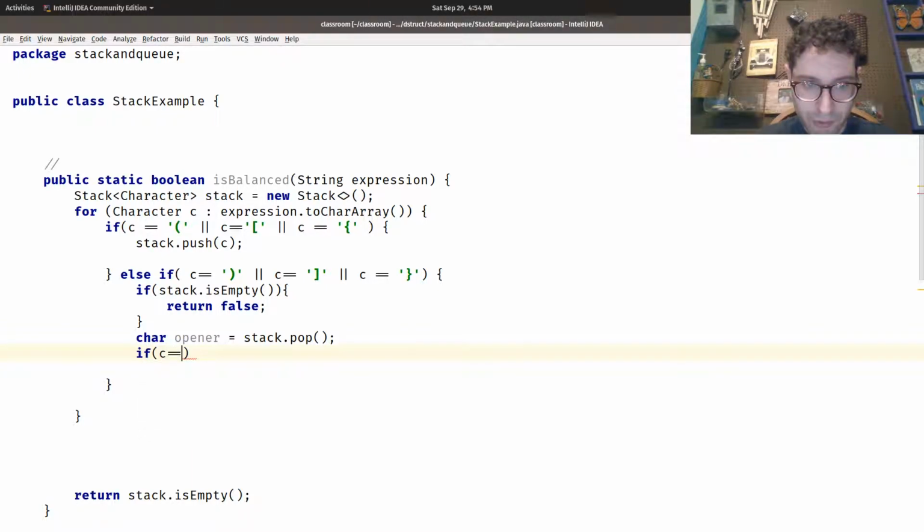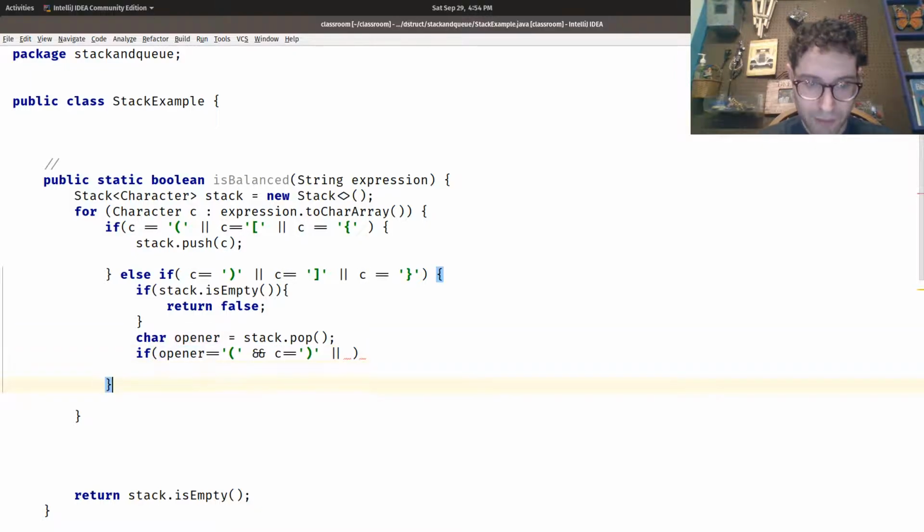If C equals close parentheses, opener is equal to open parentheses. So if the opener is equal to the open parentheses and the C is equal to the close parentheses,